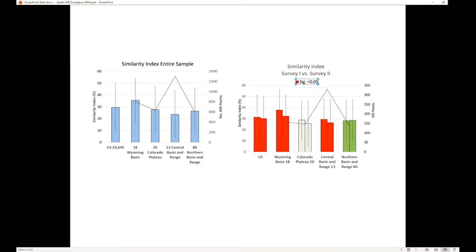But in the Central Basin and Range, there was a significant drop there, even though the percentage maybe only dropped 3 or 4%. It was a significant change. So next we'll look at apparent trend. That's kind of a subjective